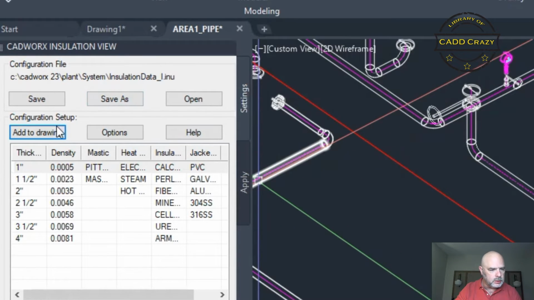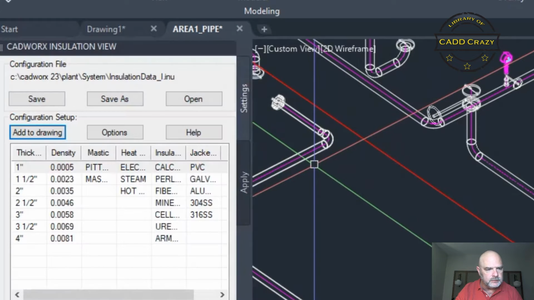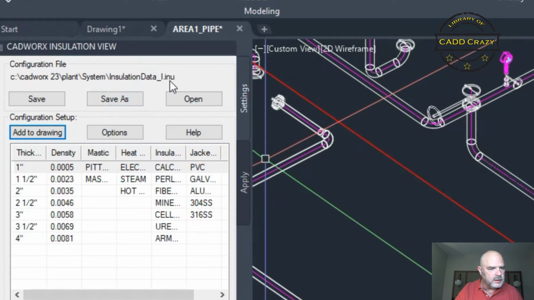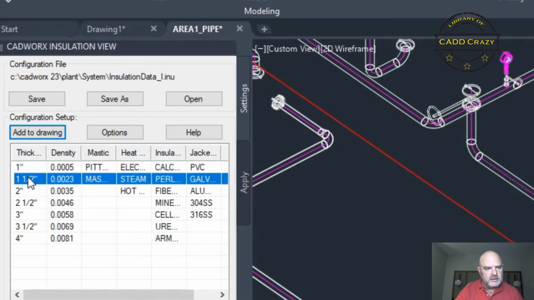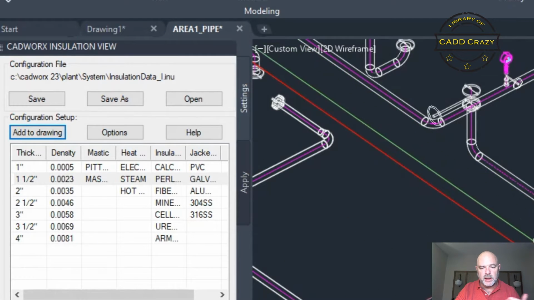So basically, what we're going to do is the file right here is insulation data underscore I N underscore I N dot INU. Okay, insulation. And so what you do is you have these predefined. These are out of the box from CADWorx. Again, you can customize them as you need to, but you can modify any of this data here. So let's say on this line right here, we have,